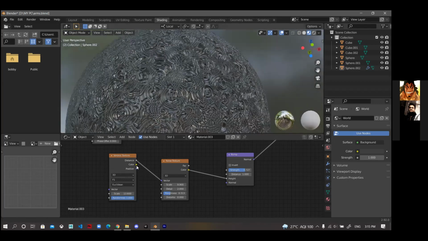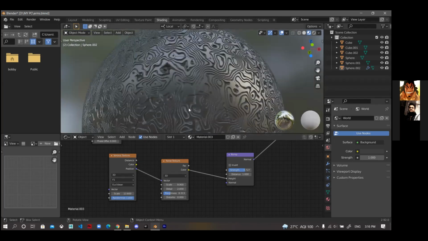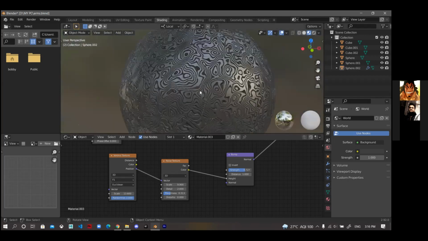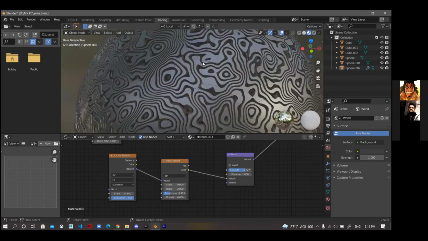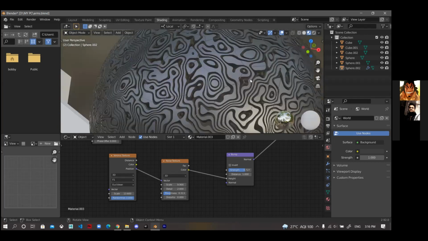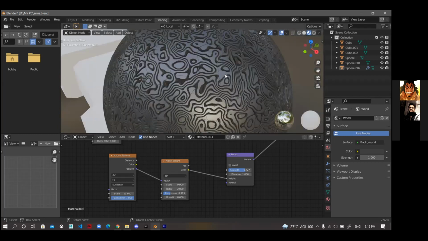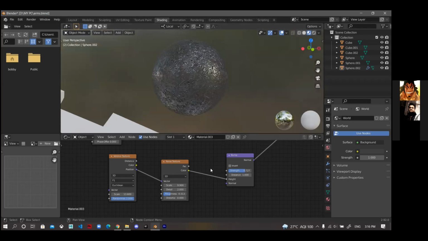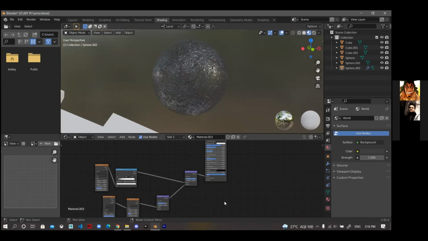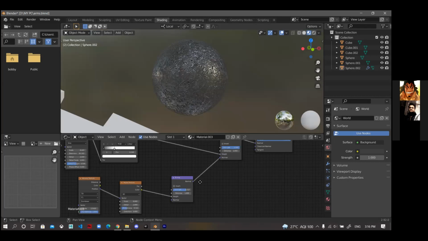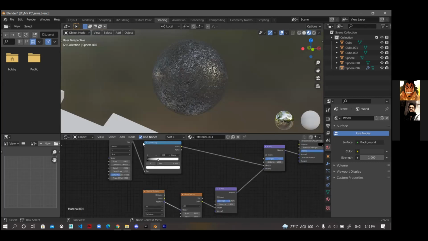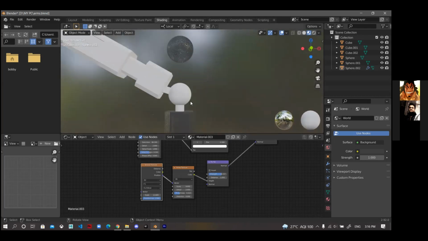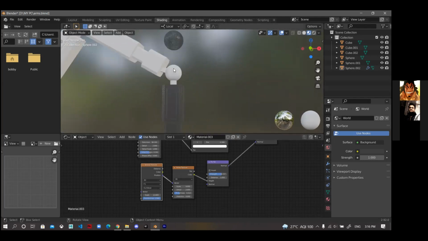This is also an effect. Actually, there is a noise, cracking texture. But this is how you add some texture.